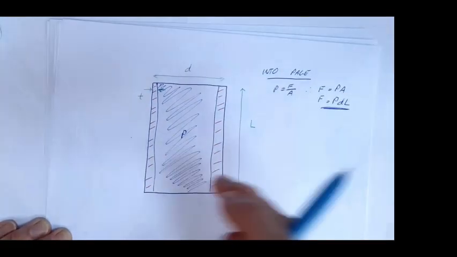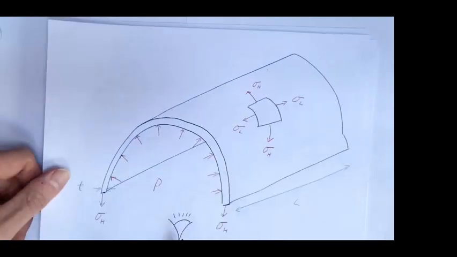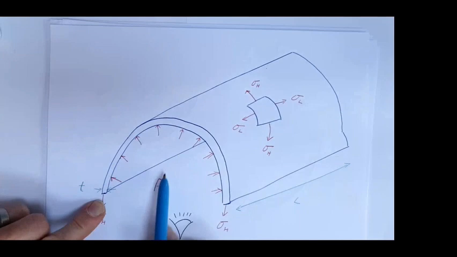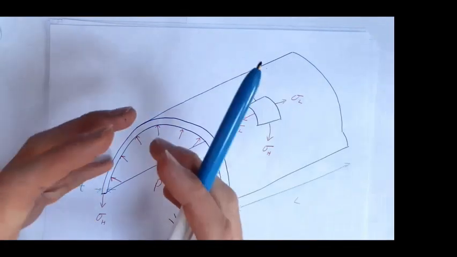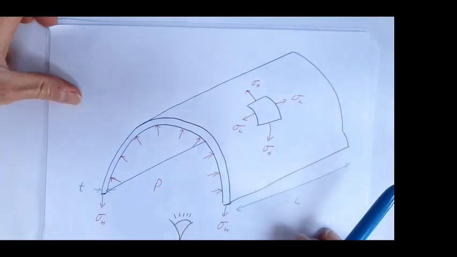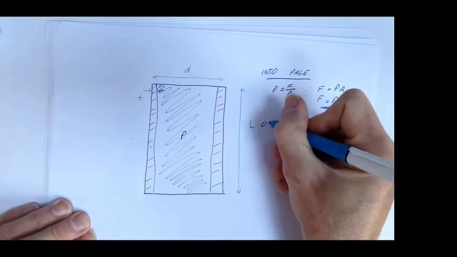Now, the force coming out of the page resisting that, so we consider we're looking in this direction. So my force acting upwards, we've just worked out PdL. My force acting downwards is going to be the force caused by these stresses on these surfaces that we've cut through. That's resisting that cylinder from expanding. We're trying to stop that from bursting. Okay, so the force out of the page